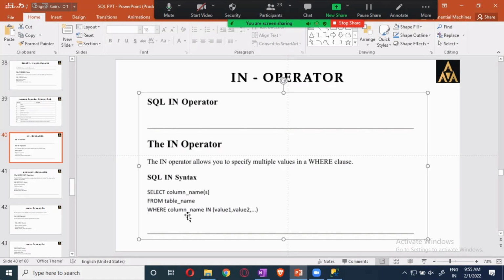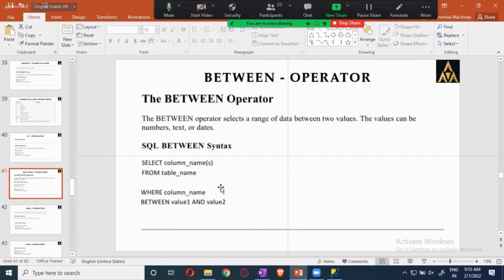It works the same way. The between will get the values between any two values. If you give it the age limit from 25 or 28 to 32, then whatever is there, you will get in that. That is what is given over here. You see value 1 and value 2. But you should be very specific about which column you want this between to work on, otherwise it will not work.